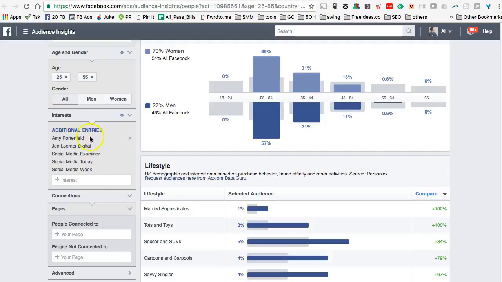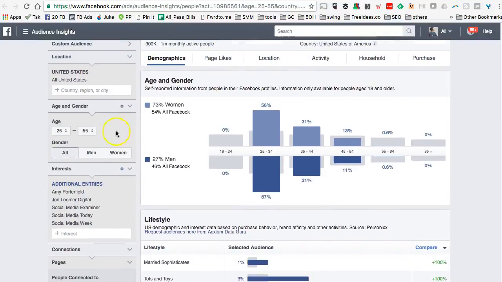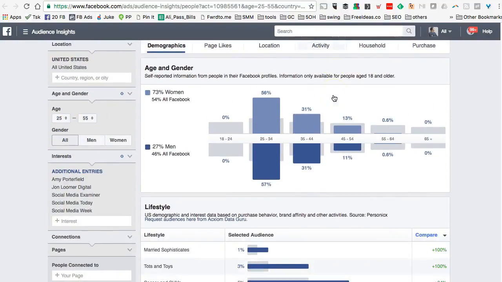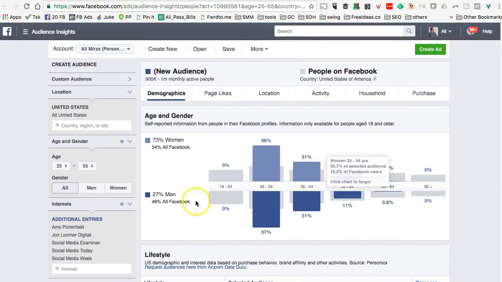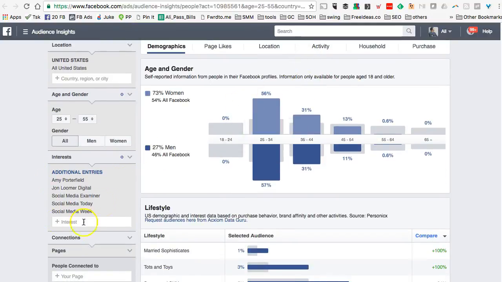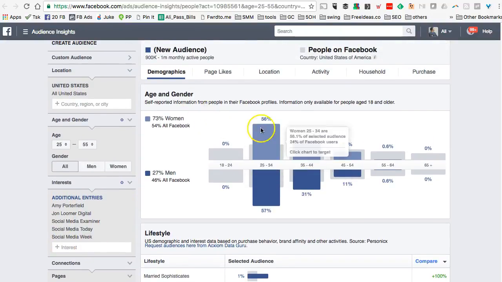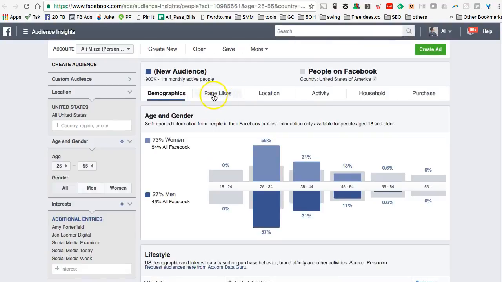So again, I'm putting in interests or keywords that I feel like my target audience is familiar with. These are some publications, some public figures, and also fans of or pages of your competition that you can input here. Now, once you have your input under Create Audience, let's look at the right-hand side, and this is awesome. This is all the data that Facebook has on the entries that I added here. Here's the demographics. The important thing that we're going to look at is page likes. So let's go there,